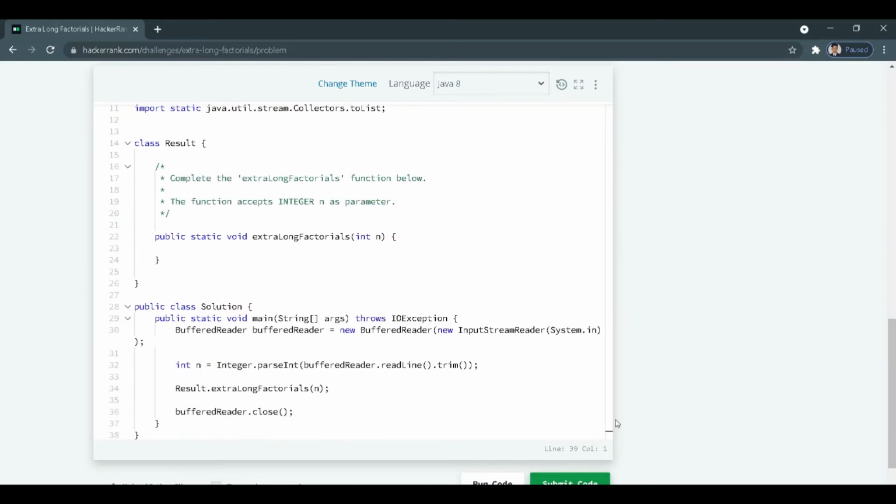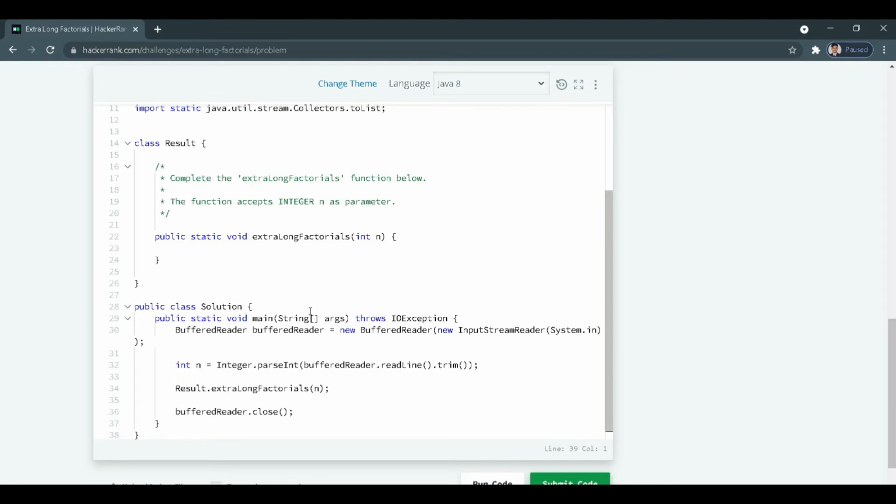You can see we have the class Solution. Inside we have the main method, and inside they have written a BufferedReader. So what is the BufferedReader? BufferedReader is used to get the input from the user. Although we have various methods to get input from the user, like Scanner, input output, command line arguments, and last is BufferedReader.